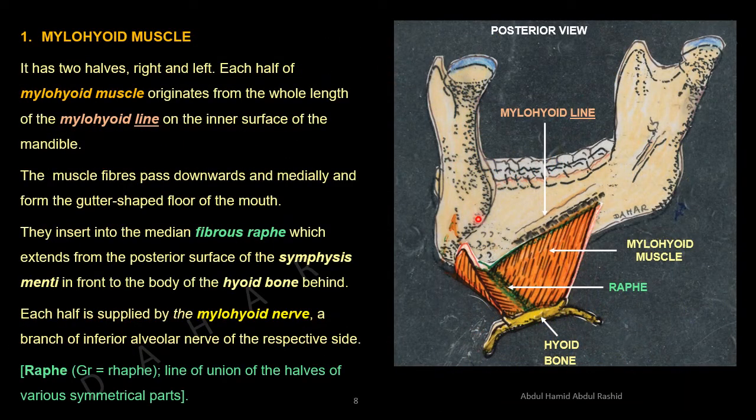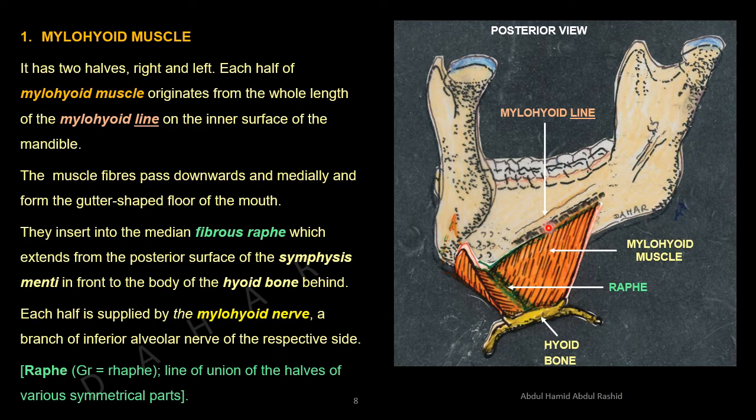This is the posterior view of the mandible and hyoid bone. This is the mylohyoid line. Let's talk about number 1, mylohyoid muscles. The mylohyoid muscle has two parts, right and left. Each half of the mylohyoid muscle originates from the whole length of the mylohyoid line on the inner surface of the